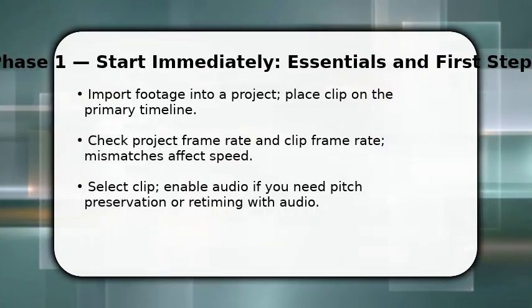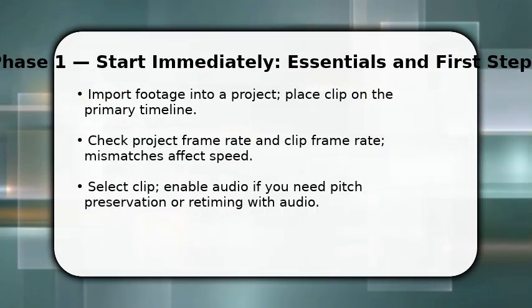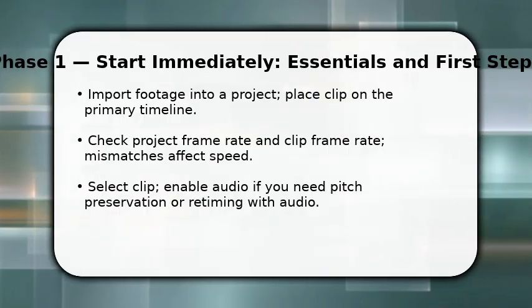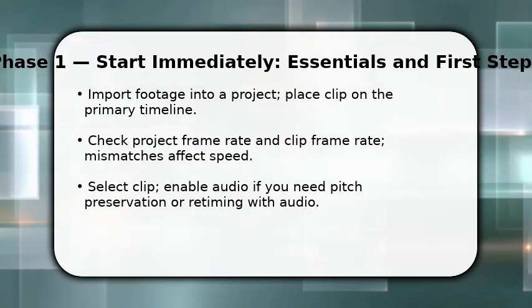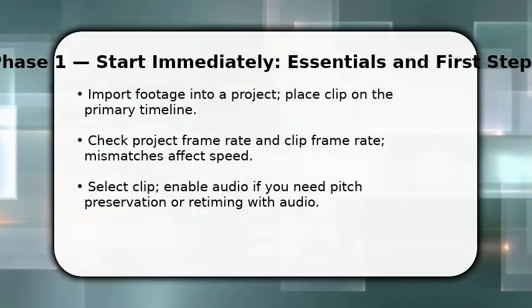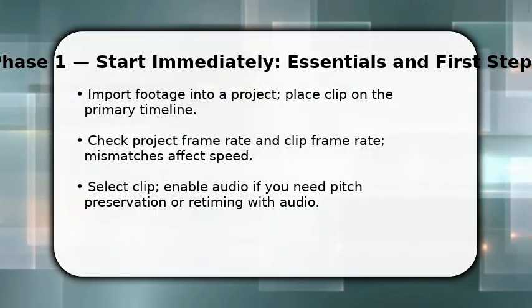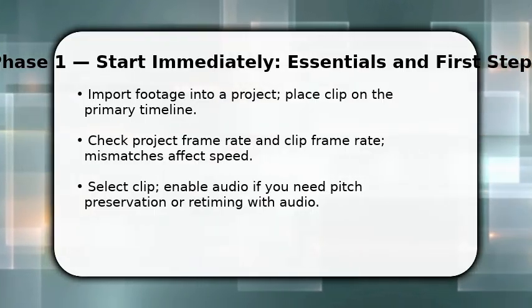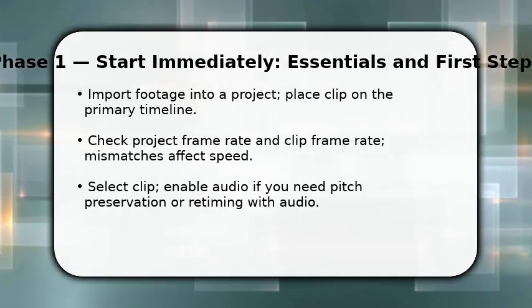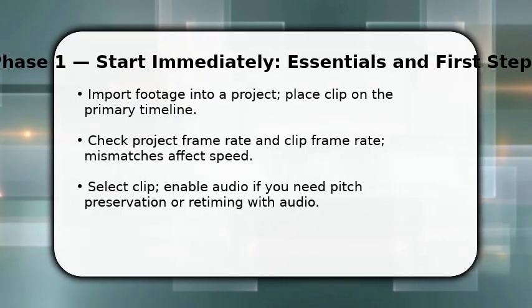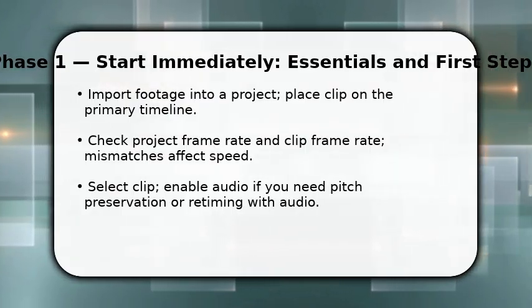You start by getting the clip into the timeline and making quick checks. Select the clip, then confirm project versus clip frame rates because that affects interpolation. Once done, decide if audio must follow video, make sure audio is visible and unlocked. Use the blade or select tool only if you need to retime a portion. This first step avoids surprises later, so correct frame rate mismatches now and lock tracks you do not want altered